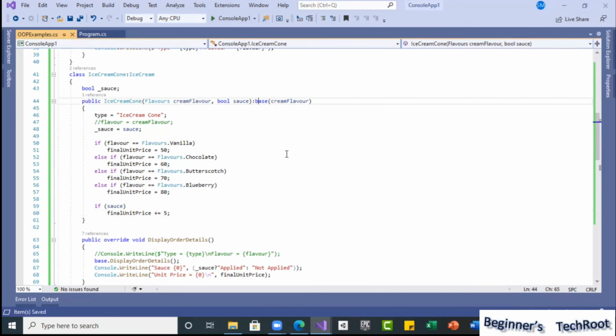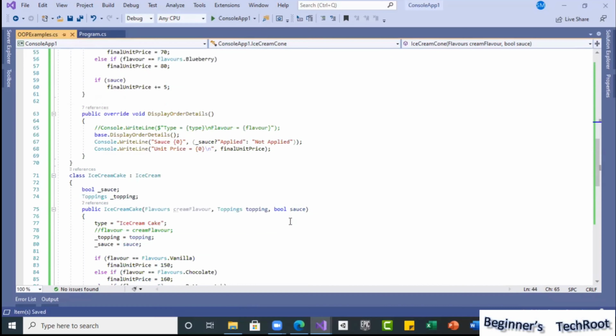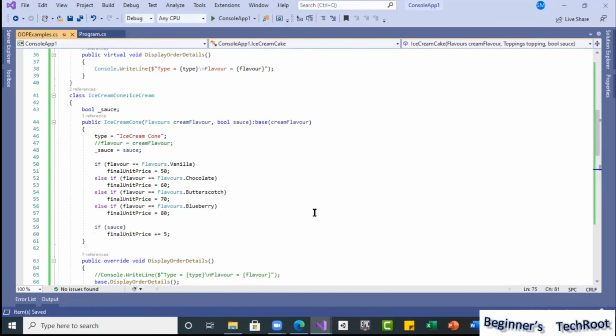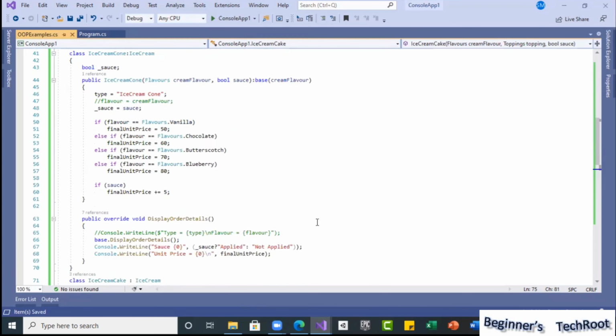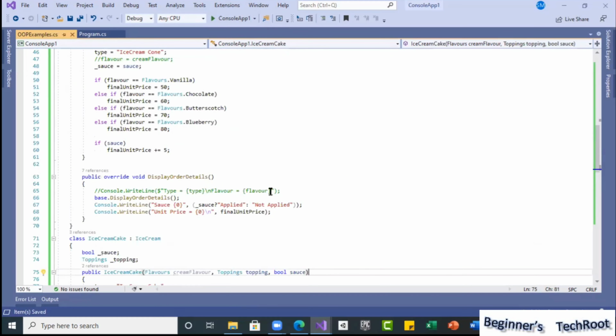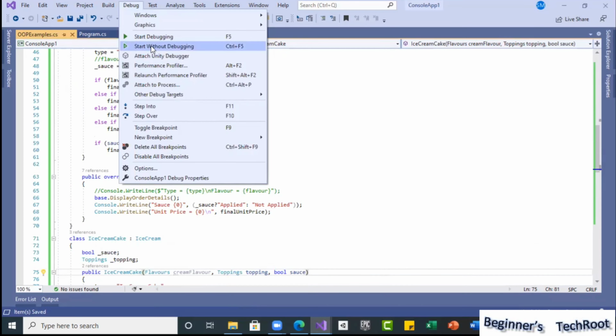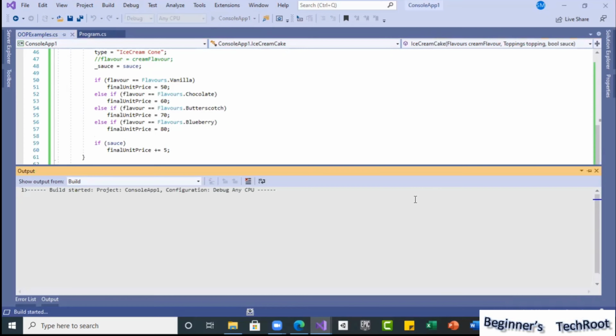So this is the use of the base. Now if I see, automatically for a cone, similarly if you do here also, automatically you will get it. I am changing only for cone, and for the cake I didn't change, so you can see the difference also. For one it will still come vanilla, the other one will come whatever we choose.